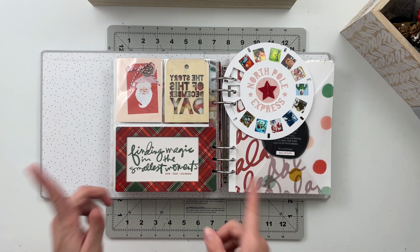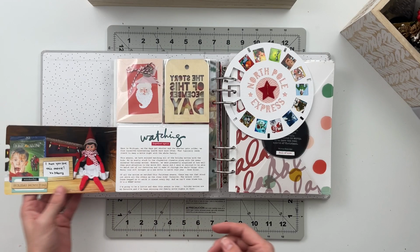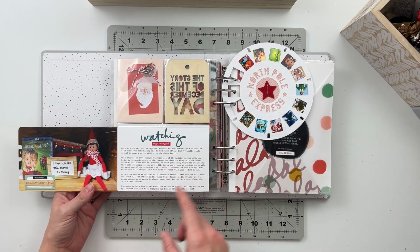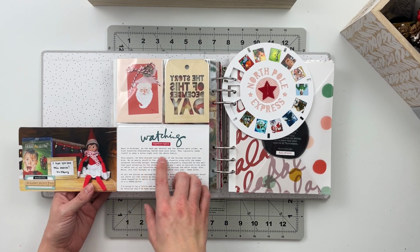Anyway, let me go ahead and read you my journaling really quick, and then we will wrap this video up. So my journaling is underneath this flap right here, and I used the prompt watching in order to write my journaling for today. So I said this: here in Michigan, as the days get shorter and the weather gets colder,